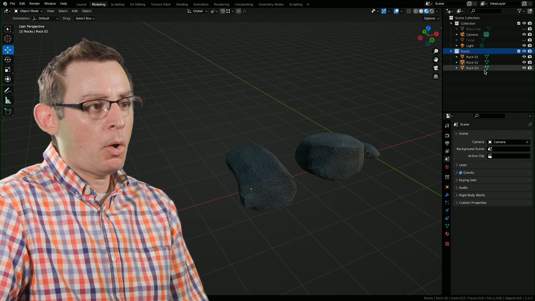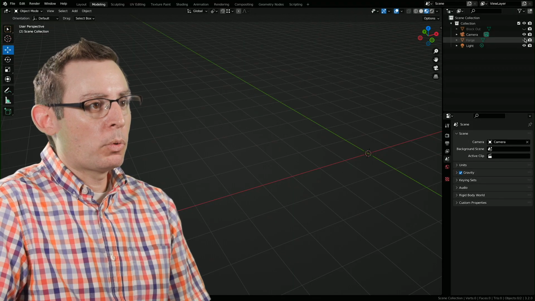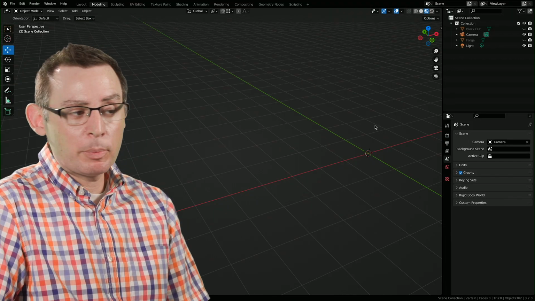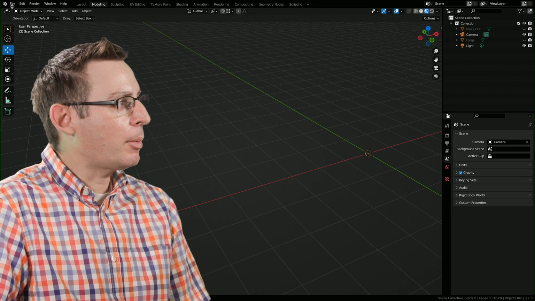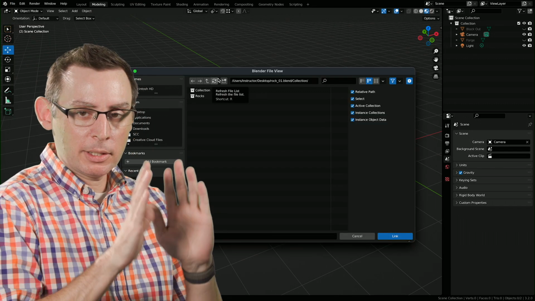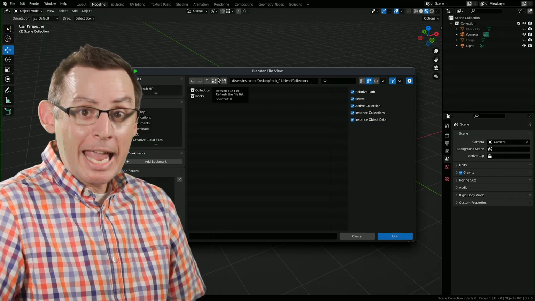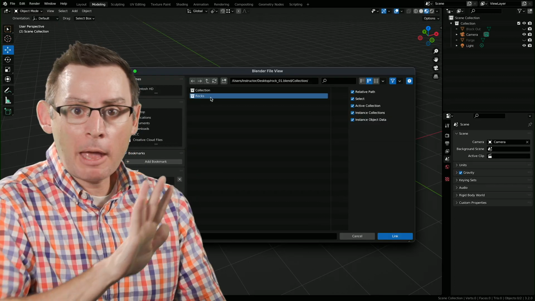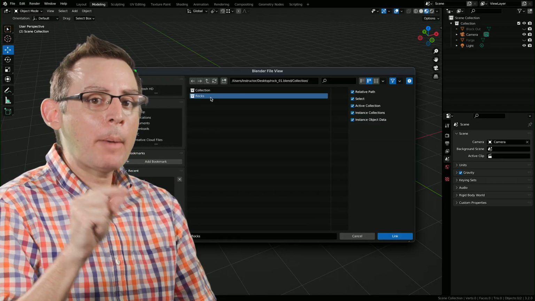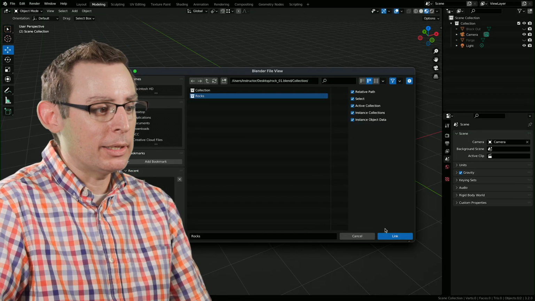And I'm going to select all of that stuff that I just brought in and delete it by hitting X. My forge is still here. Didn't get rid of that. Just turned its visibility on and off. Now this time what I'm going to do is link. Same process as far as navigating to the Blender project file, the correct collections folder, and the collection that I want to import in. That part is identical. But watch what happens now when I choose to link this collection versus appending it.